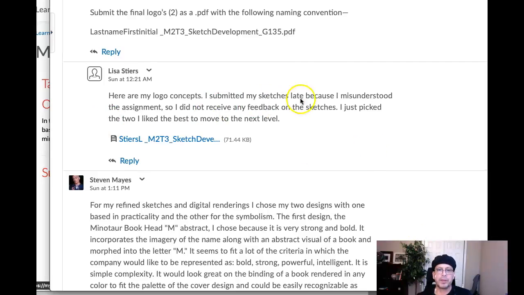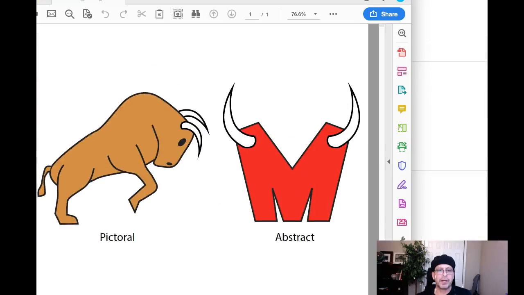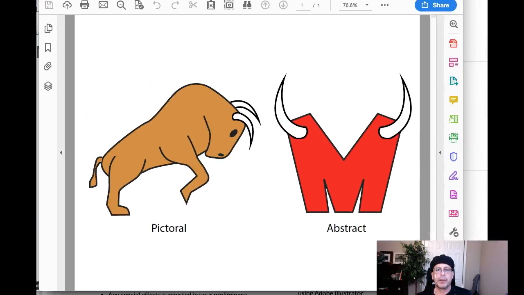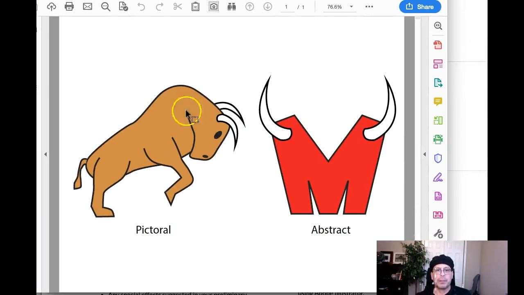Okay, I've got your post up here with your final logo renderings, and I think you've done a good job. I think these are pretty crisp and clean, and they both represent, to a certain degree, the client. You've done a good job developing and assigning meaning to the client based on your word list, right? So that's fantastic. Now, as far as moving forward in these two, I think that the pictorial is a little